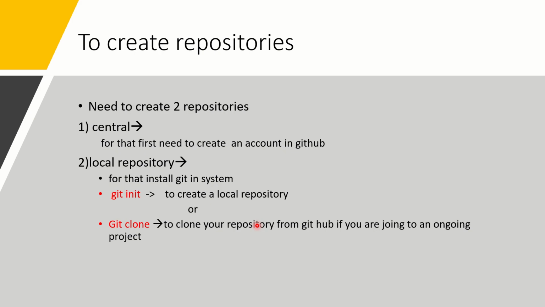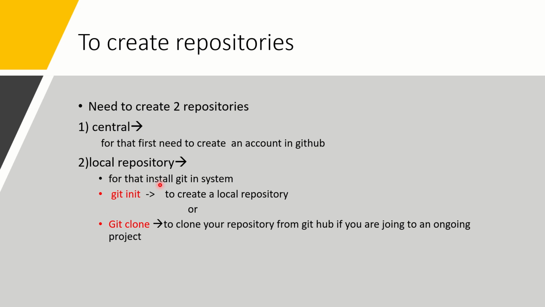And when we started Git, we said that the first set of commands needed are to create the repositories. In the case of a distributed version control system, we need two directories. First, we have to create a central repository, and we created the central repository in GitHub. For that, first you created an account in GitHub, and after that you created a repository. That is the task which we did in this part.